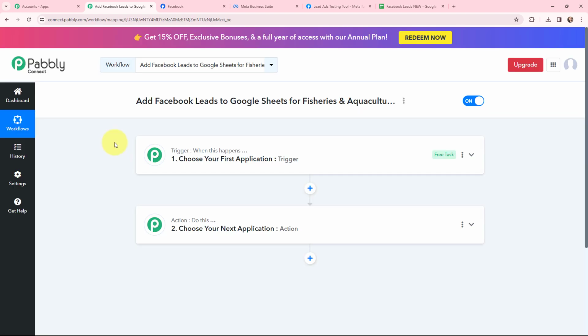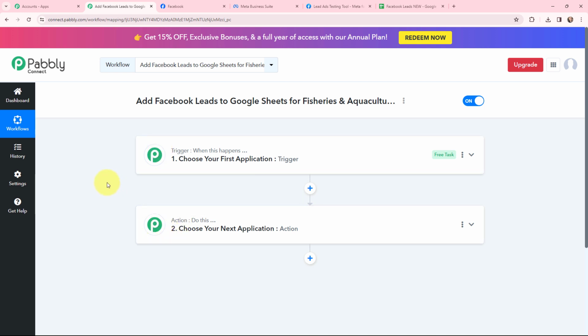So as I did that, now I have arrived on a very important window which consists of trigger and action. Basically, trigger and action are the two most important principles or concepts of Pabbly Connect on which this entire automation will depend. Trigger says when this happens, action says do this. Action is an automated response of a trigger application, and in a workflow, we can only have one trigger but